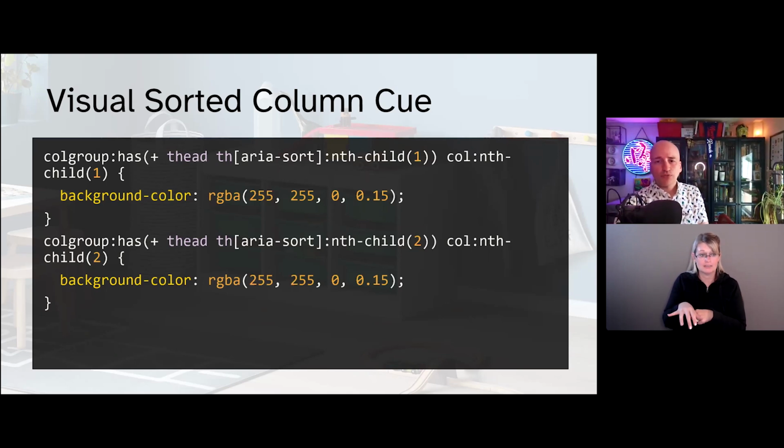but with support for :has() in all modern browsers, you can skip the JavaScript and write some slightly redundant CSS instead. In this case, I'm using CSS to select the col element in the position of the sorted column header, thanks to using :has() on the colgroup. I'm not going to read it all off. Unfortunately, you need to have as many of these selectors as you have columns. It's not ideal, but the column selector in CSS has no support.